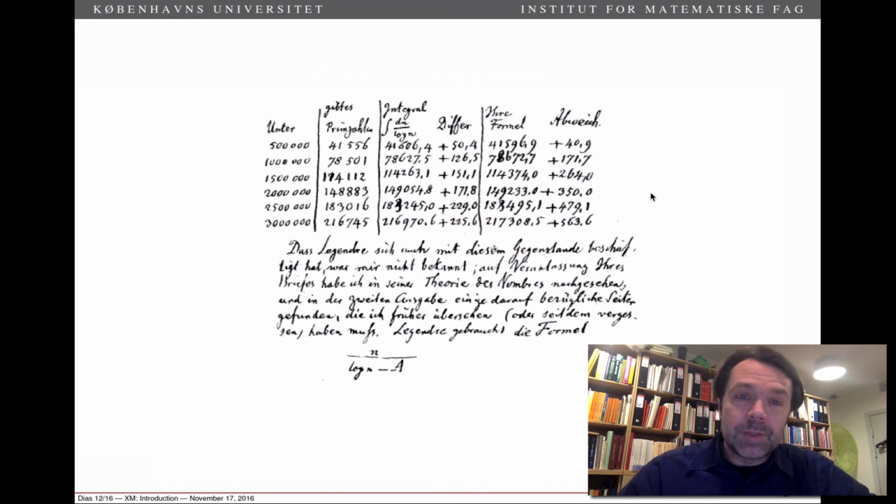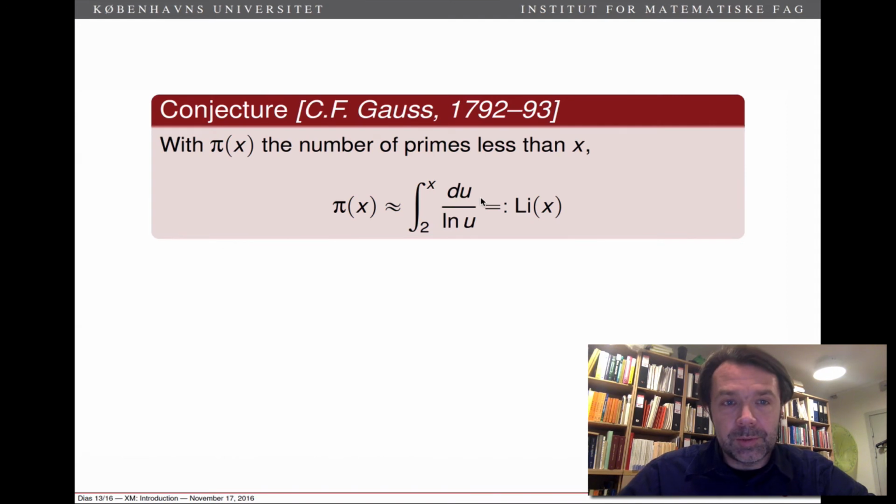So this is quite clearly an example of an experimental approach: Gauss is simply counting primes, and then he's looking at some sort of pattern in order to try to come up with an estimate or a theory that describes how many primes there are. So to be a little bit more precise, Gauss made this conjecture. If you say pi of x, which is common in number theory, the number of primes less than x,